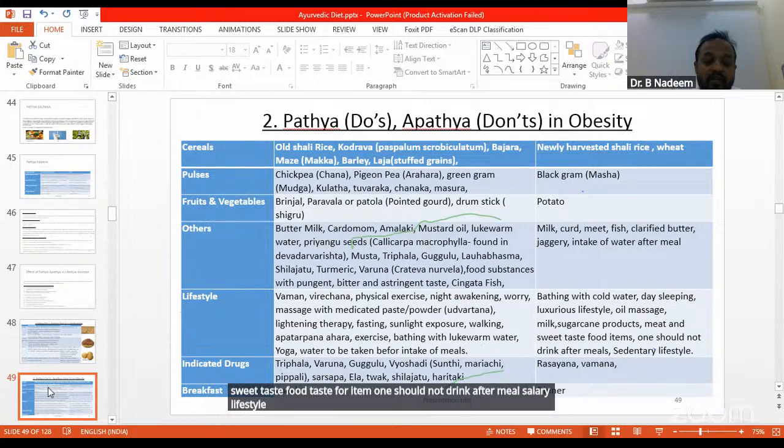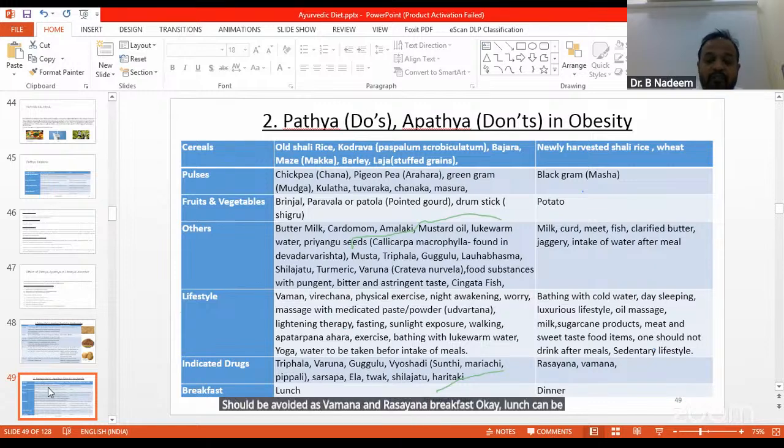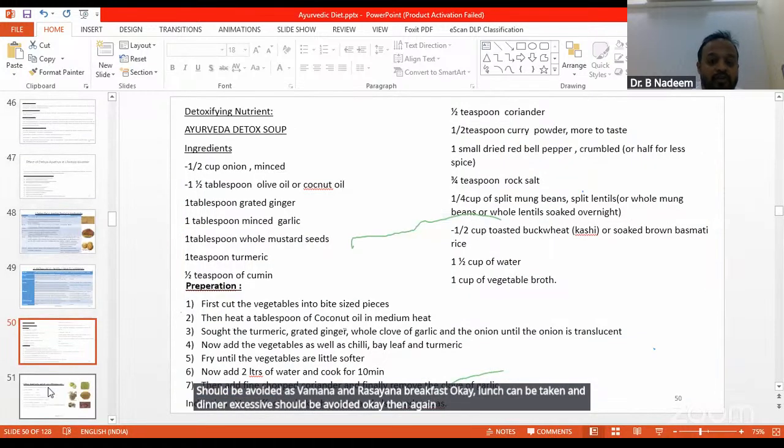Again, in drugs: Trifla, Varuna, Guglu, Vyoshadi, Sharshapa, Elatva, Shilajatva and Haritaki. Again, what should be avoided is Vamana and Rasayana. Breakfast, okay; lunch can be taken, and excessive dinner should be avoided. Okay. Then again, coming to the detoxifying nutrition especially for obesity, there is one Ayurveda detox soup which can